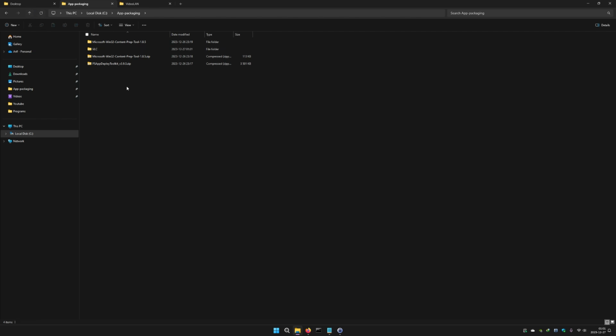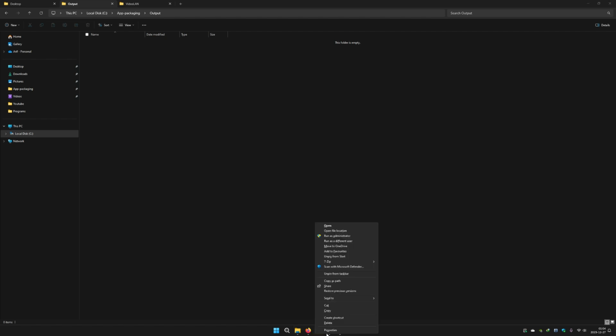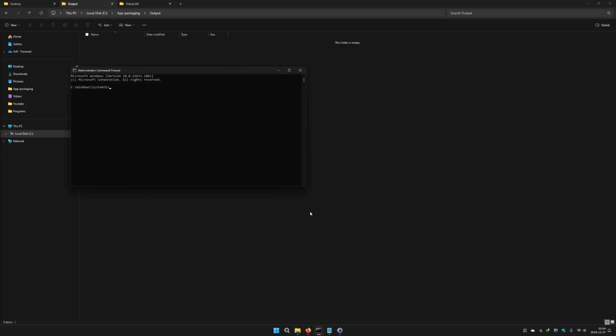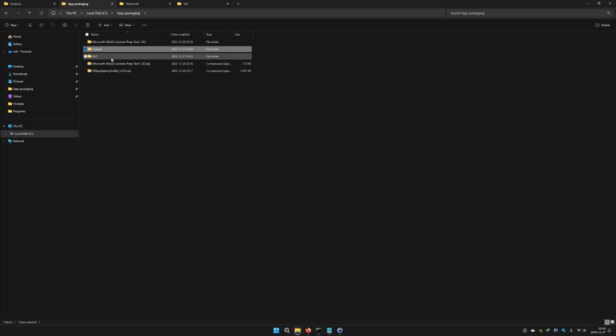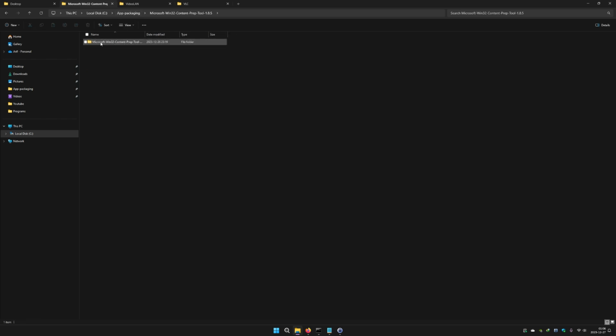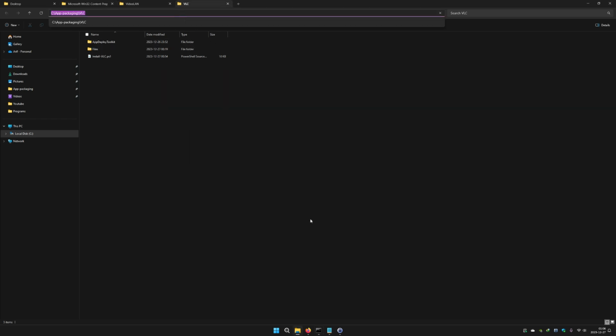So with that out of the way, let's go ahead and create a folder here and call that output. I will tell you in a bit why we need this folder. Let's go inside our Microsoft Win32 Content Prep Tool. You can see there is an exe file here. Let's go ahead and open our command prompt with run as administrator and click on yes. Let's zoom in a little bit, clear our screen, and go back to our Intune content prep folder. Let's cd into that folder, clear our screen, and let's call our IntuneWinAppUtil exe file. After that, go ahead and just copy the source folder